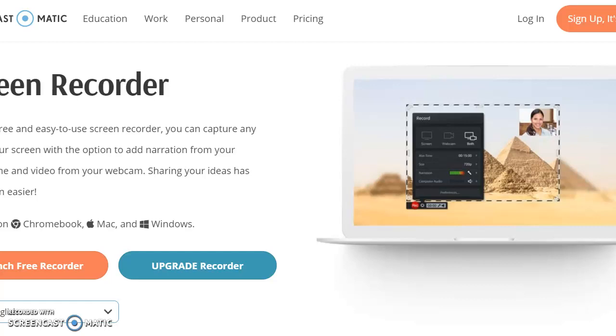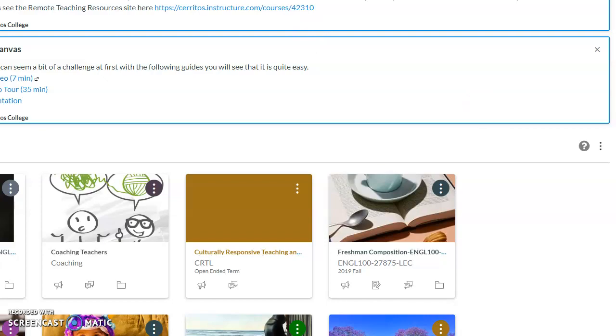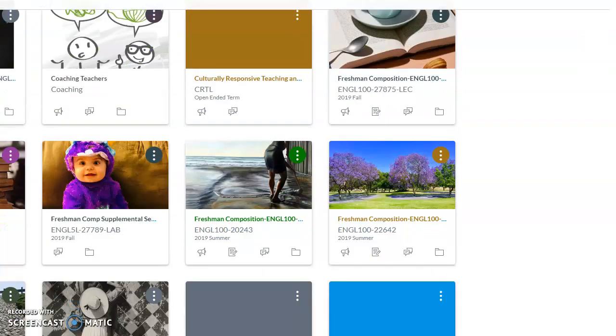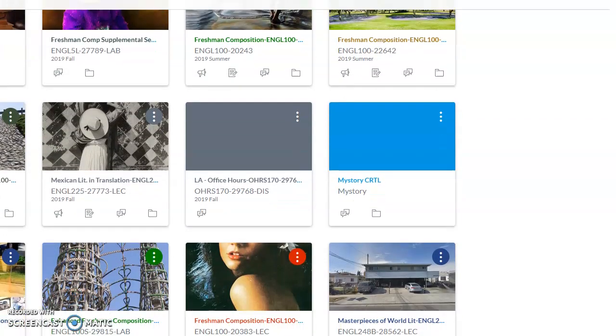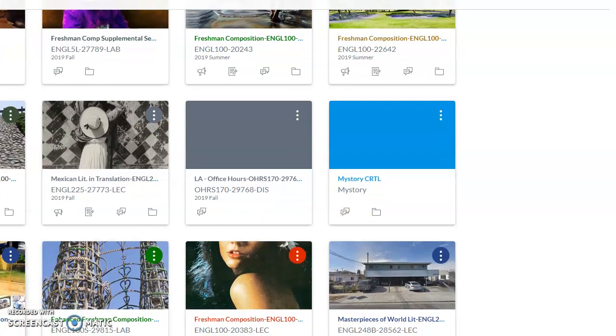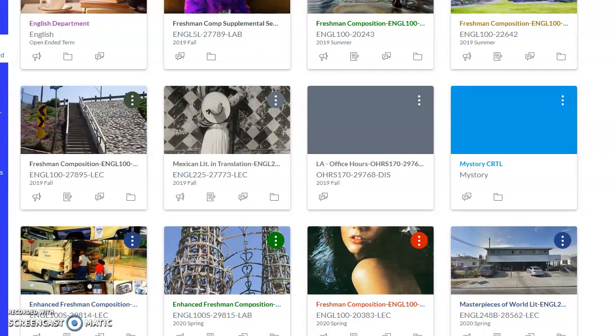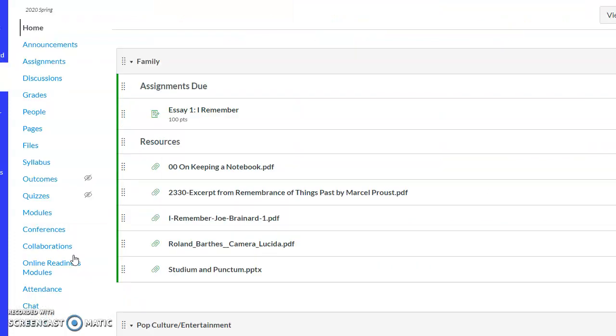Okay, guys, I want to go over how to use our Canvas page in a real basic way. Most of you, I think, know how to navigate it, but I do want to go over this with this little video tutorial. So I'm going to go to our Canvas page. I'm going to scroll down, find our page. Here it is. Click on our Canvas page and you'll see that our page